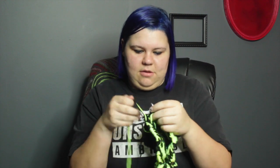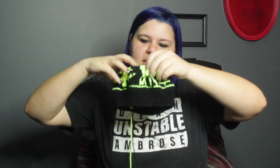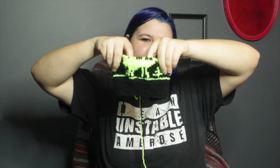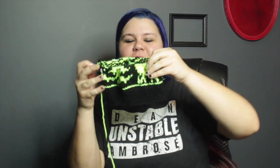I've only got about 6 more rows on the colorwork chart. So you can see there's the tree, and then this is most of the body of the deer. You can see the half that matters now. The half that matters to the pattern, really, to make it funny. It's very, very nice contrast, and again, I'm sure it's blowing out like crazy because this stuff is